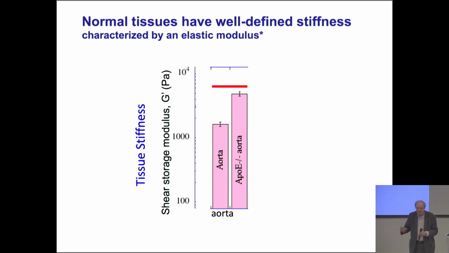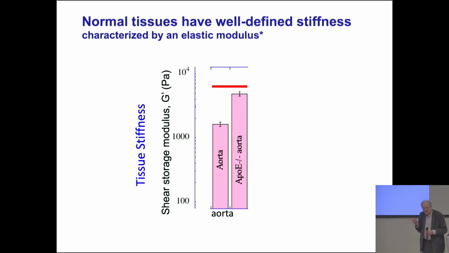And to give you some intuition, 100 Pascal is about the stiffness of mucus, and 10,000 Pascal is the stiffness of gelatin, the gelatin that you eat. So most of our tissues are in that range, a few thousand Pascal, as you know from what your own tissues feel like. So the blood vessel of a mouse is about 2,000 Pascal. And notice how small the variance is. These are many animals at the same age, the same state of health.